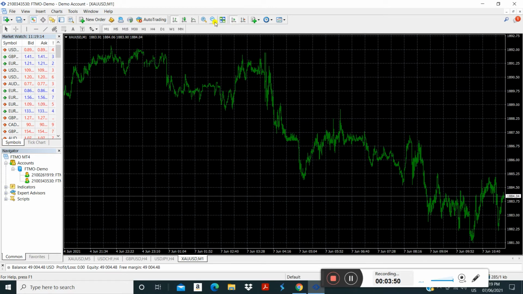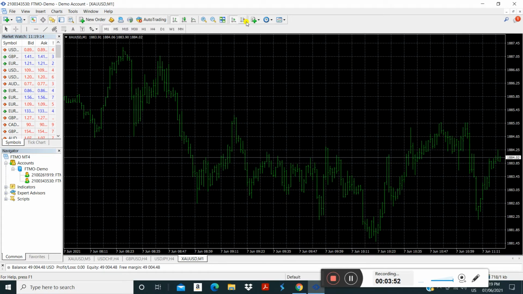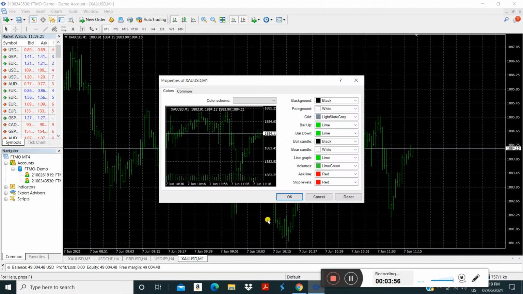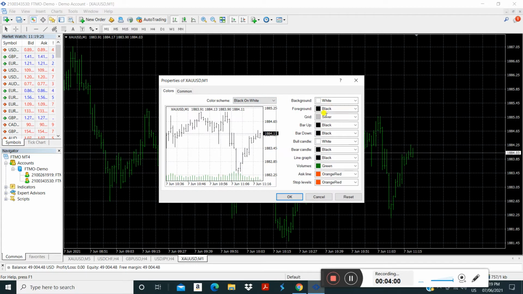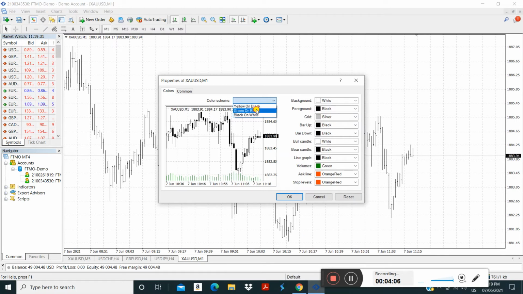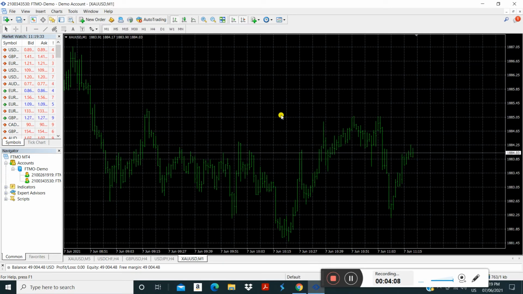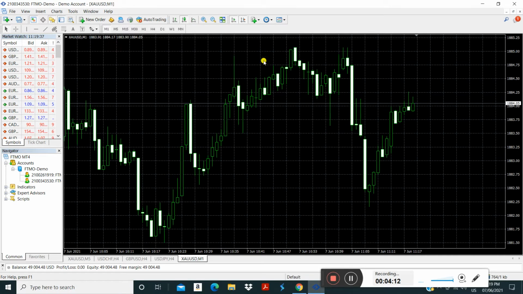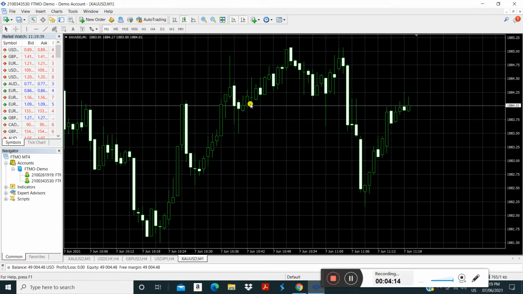Then you customize the chart settings by going to properties. You can change its color, shape, or whatever you like, and you can put your indicators the way you like.